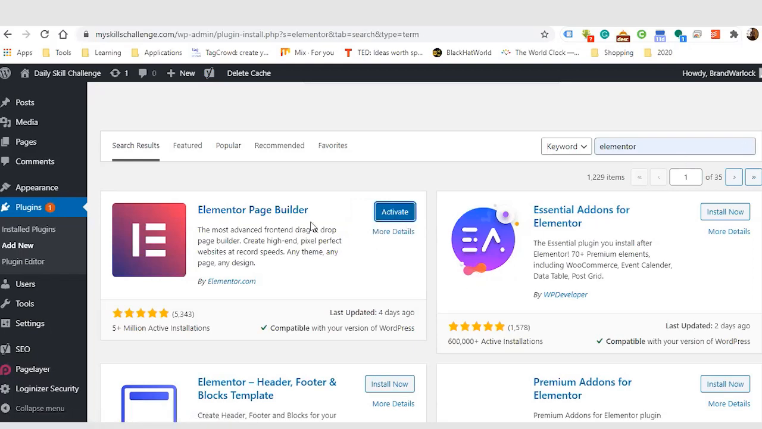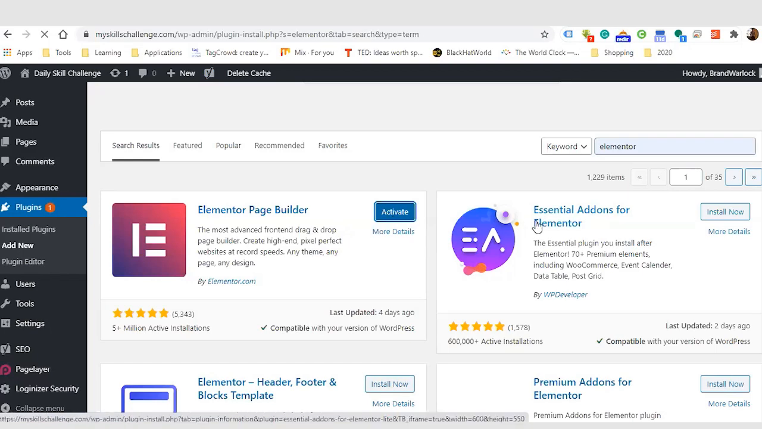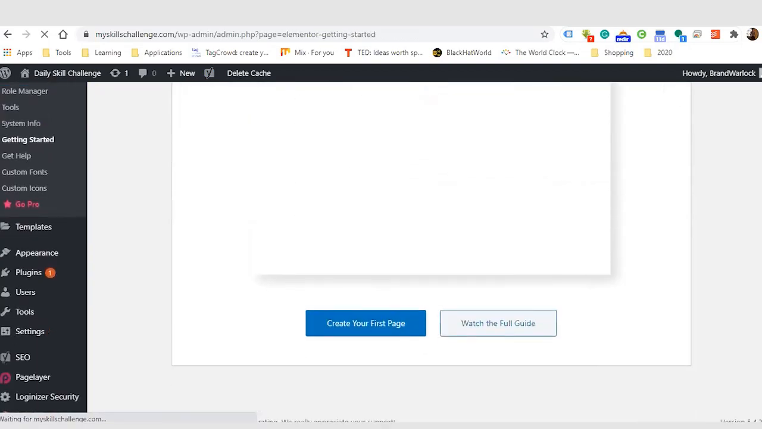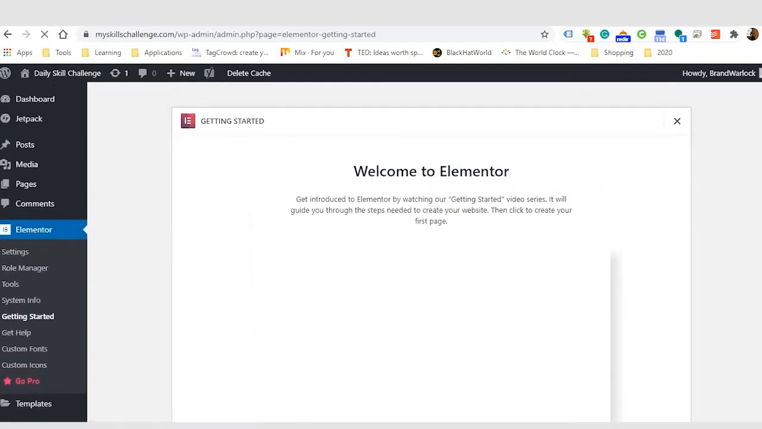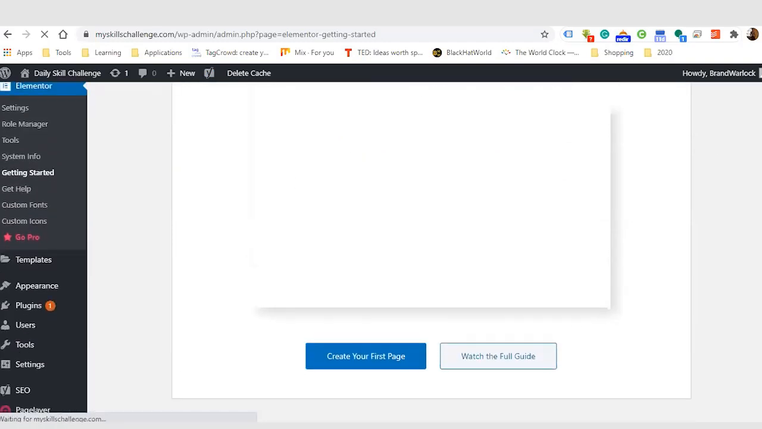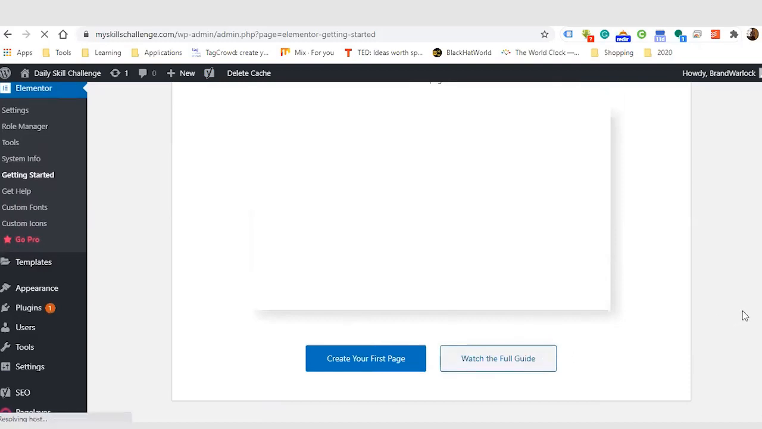So our plugin is installed already. We can activate it from here, or go back into the installed plugin. You'll still be able to access it and click on activate. So I'm just going to activate it from here. Getting started, this is more like the introduction, how to go about Elementor. You can watch the full guide, but I'm still going to give you an overview